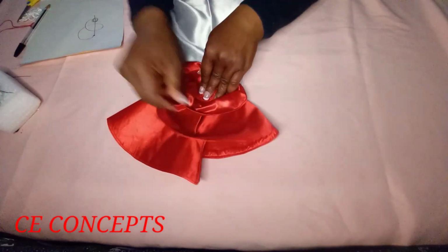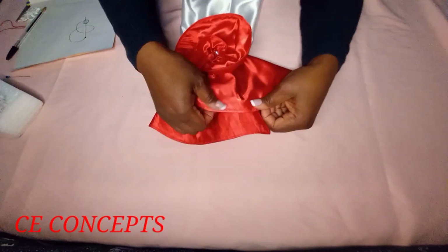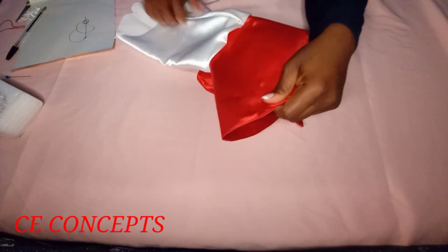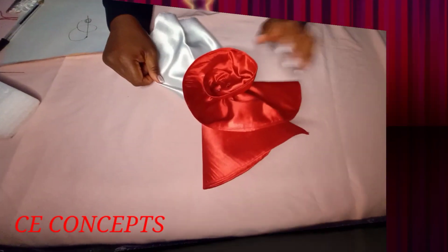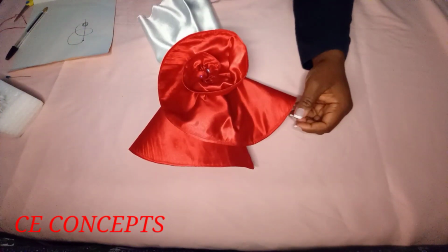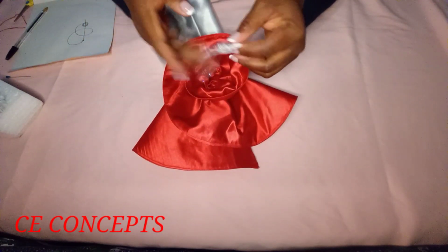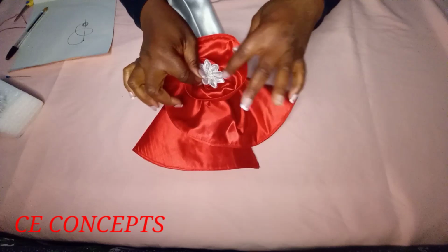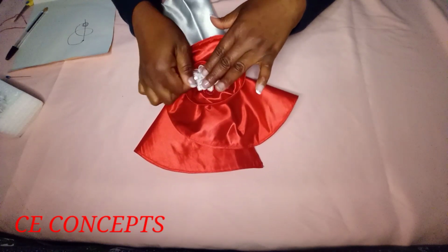Okay, this is it, and this is the back. And this is the front. So here, after, you can go ahead and attach your brooch, or if you have any trimmings that look like it, you place it. Okay,